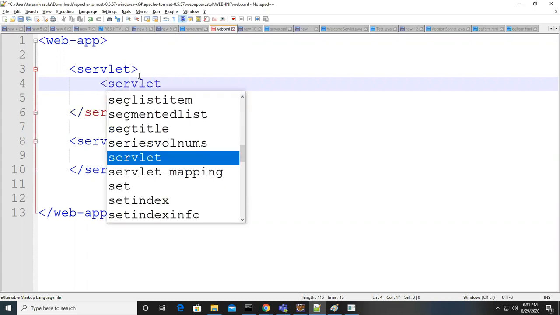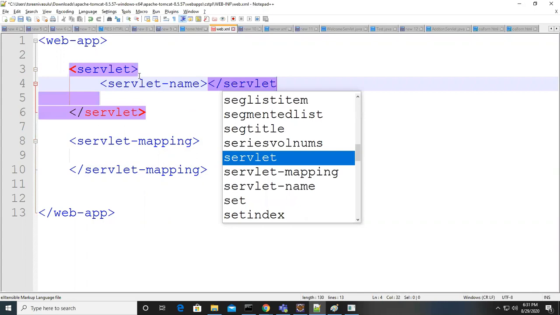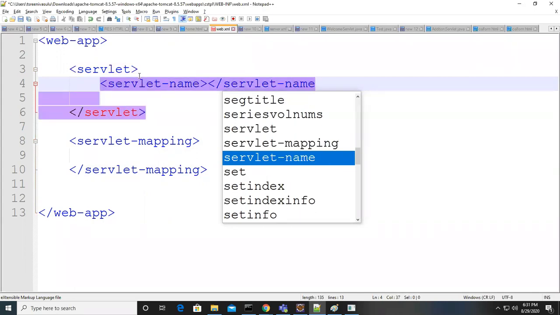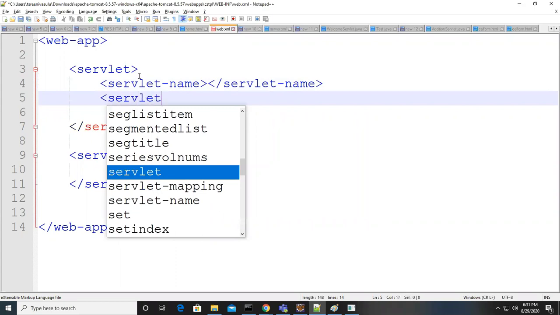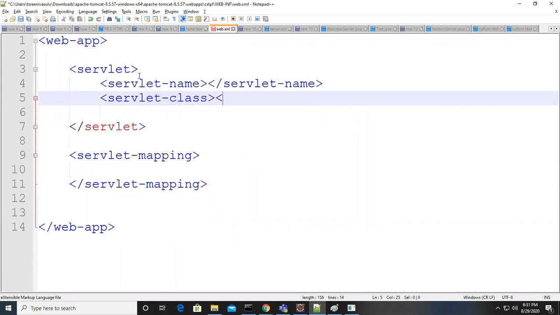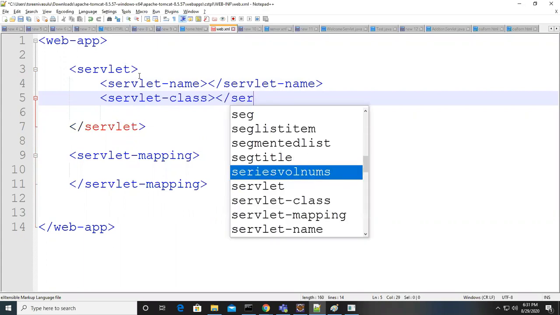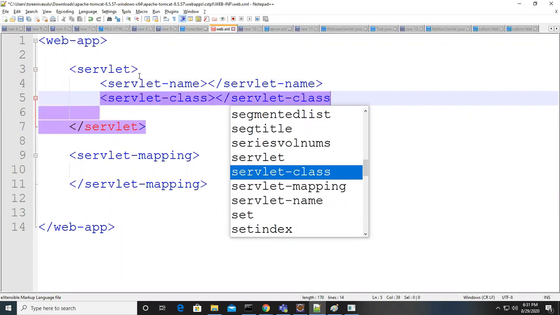Servlet name. Servlet hyphen name. Servlet class.